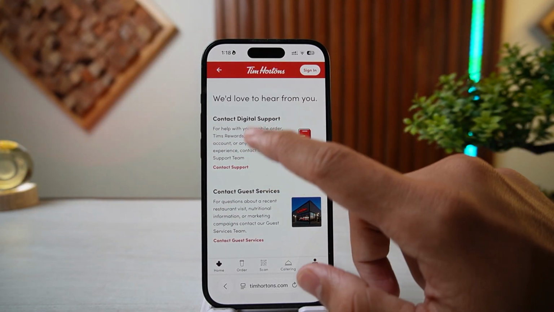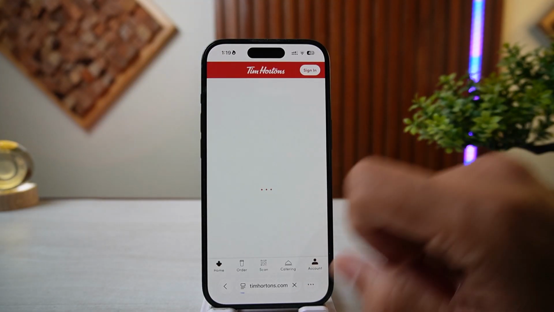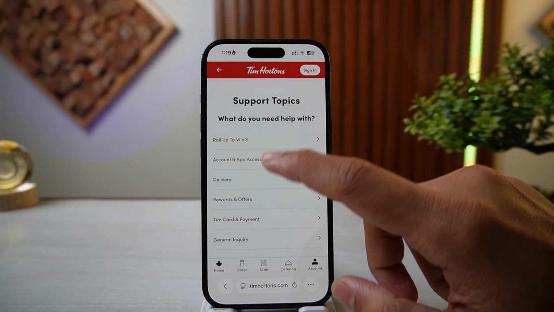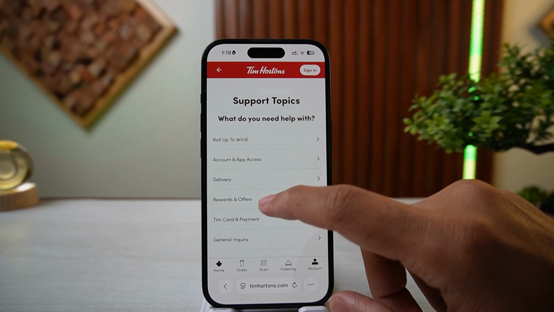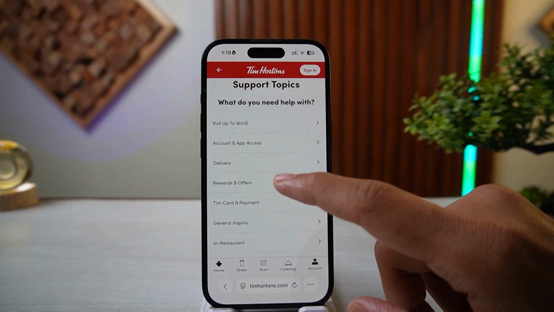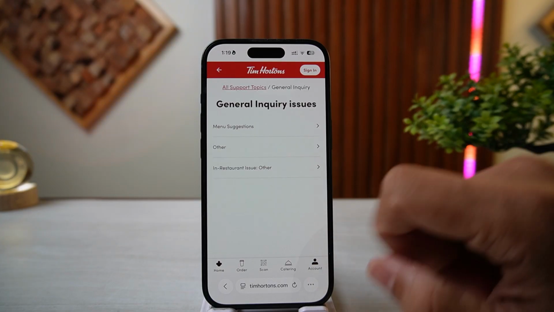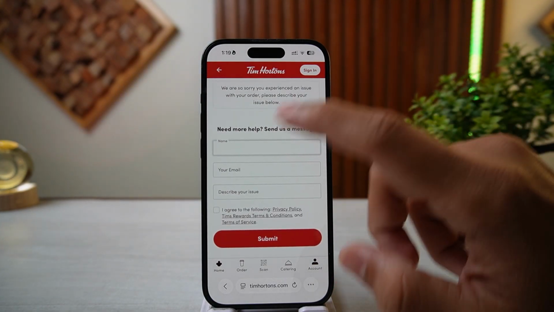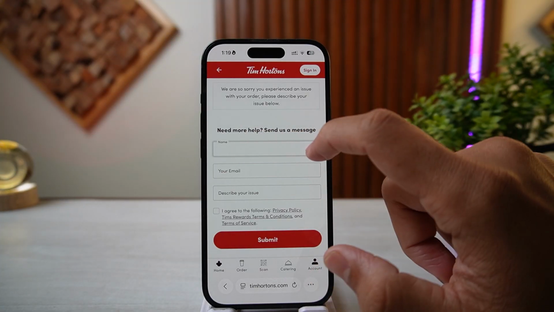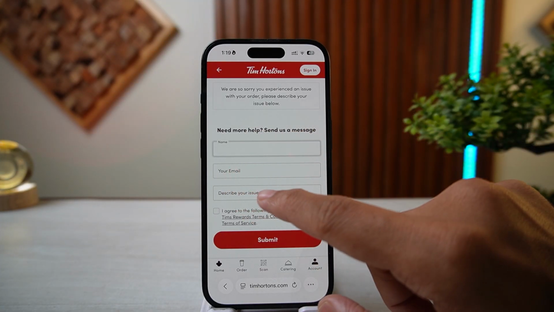You want to simply tap on contact digital support, tap on contact support, and here you will see all the options which will help you to solve your problem. You want to tap on general inquiry, tap on others, and here you will see a page which will look something like this. Here you want to type out your name, your email, and you want to describe your